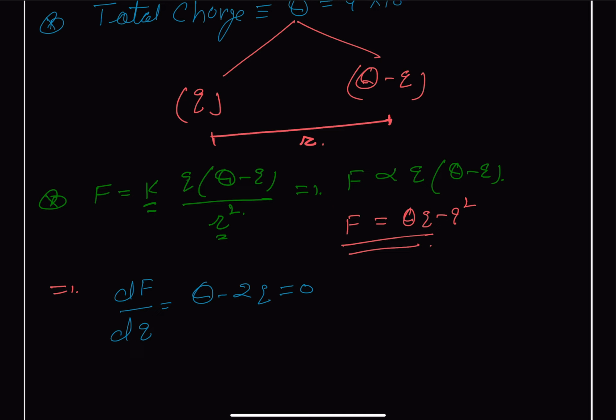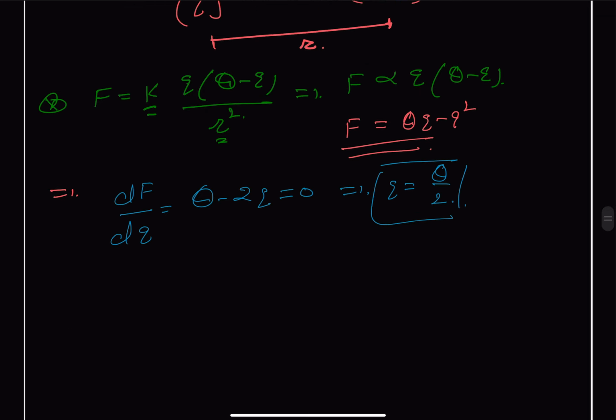This gives us that small q is equal to capital Q by 2, and we can check if it is maximum or not. So we can say for maximum, double derivative is coming as minus 2, which is less than 0. So obviously at this point the force is our maximum,